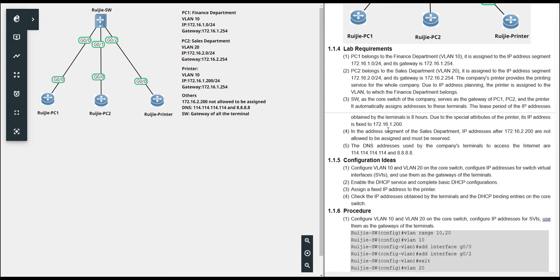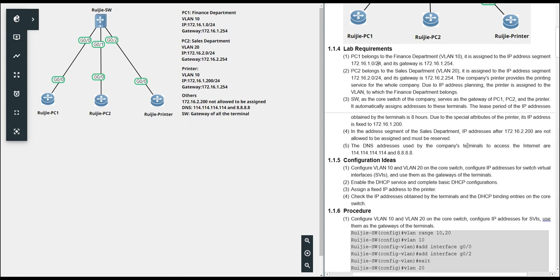And the other requirement is that we hope the IP address 172.16.2.200 in the sales department segment is not allowed to be assigned and must be reserved. Maybe in the future we will use this IP address for some special applications.